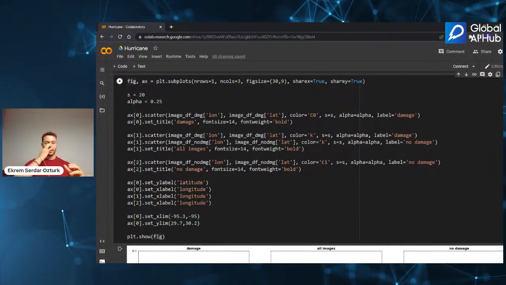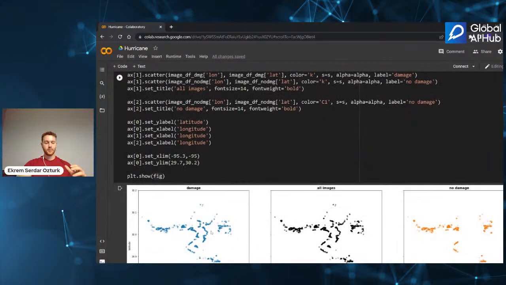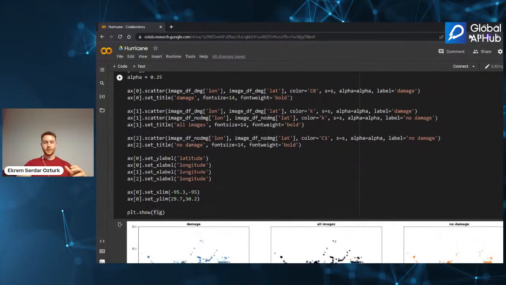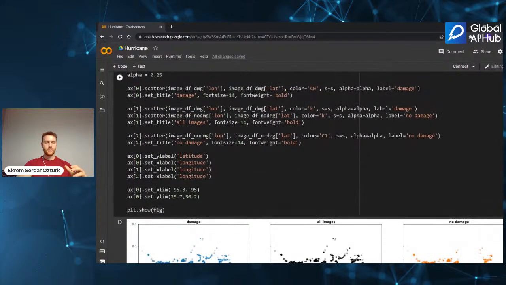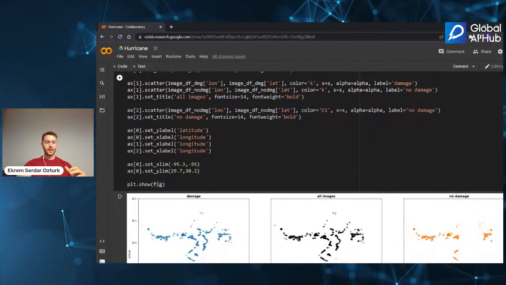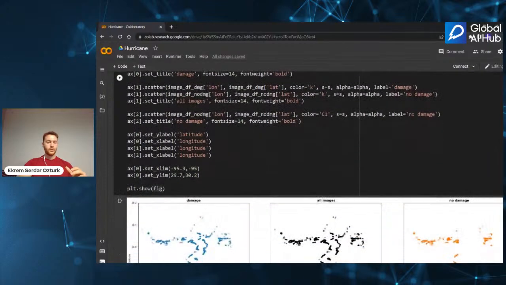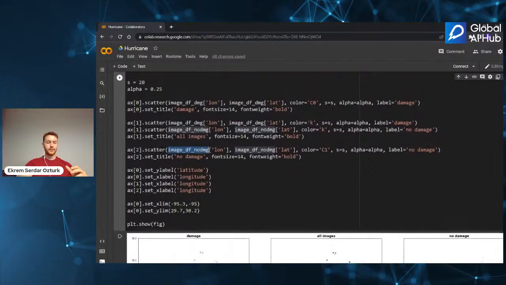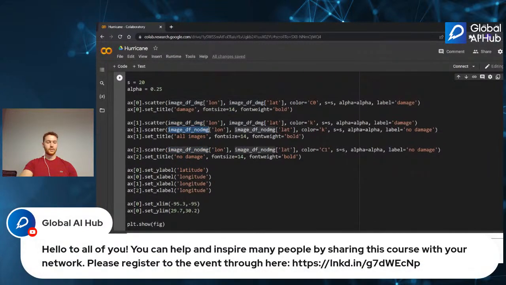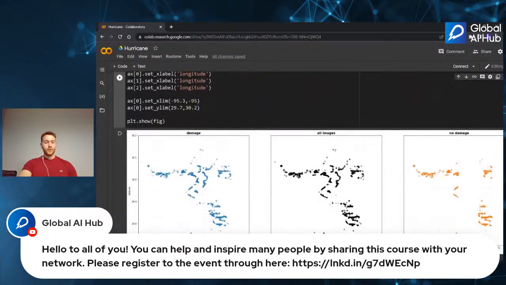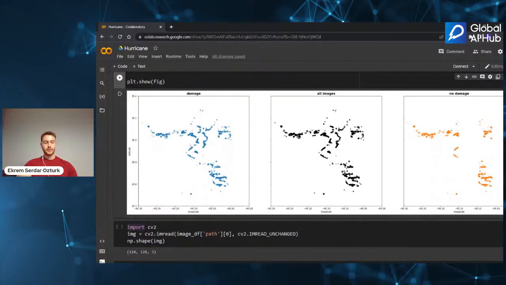We want our first column to be image df damaged, so we show the damaged ones here. The second one is all images; we scatter both of them. The third one is non-damaged. You can see we take these from their own data frames, and in the second one we plot both of them.